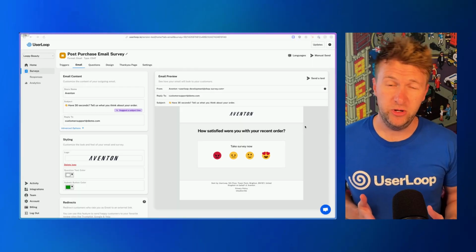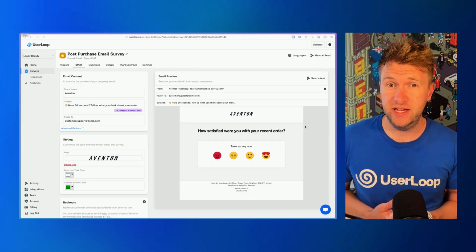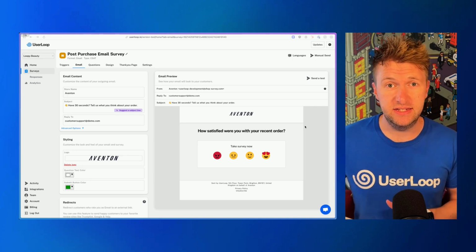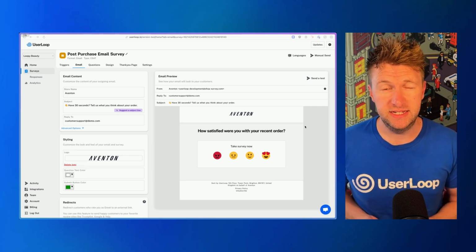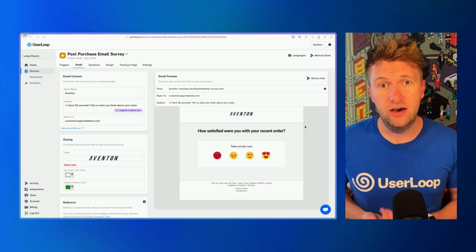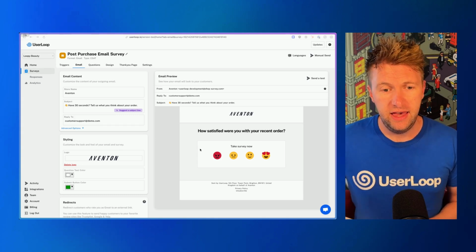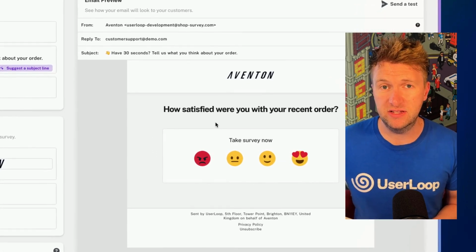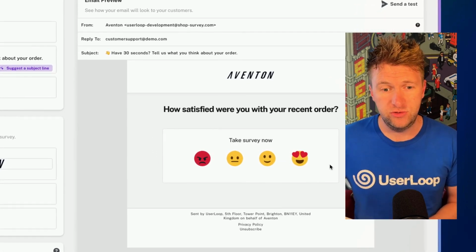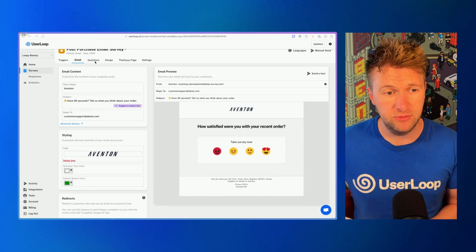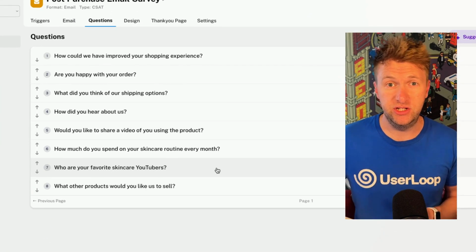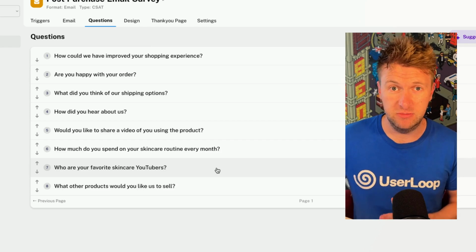So here I'm looking at a customer satisfaction survey that you can create and set up to be sent after the customer's order's been delivered, to see how happy they are with the whole order process. And as you can see, you can customize everything about the email that will be sent to the customer. You can customize which reactions they can react with. You can even add follow-up questions, which are then shown on the landing page when the customer clicks through